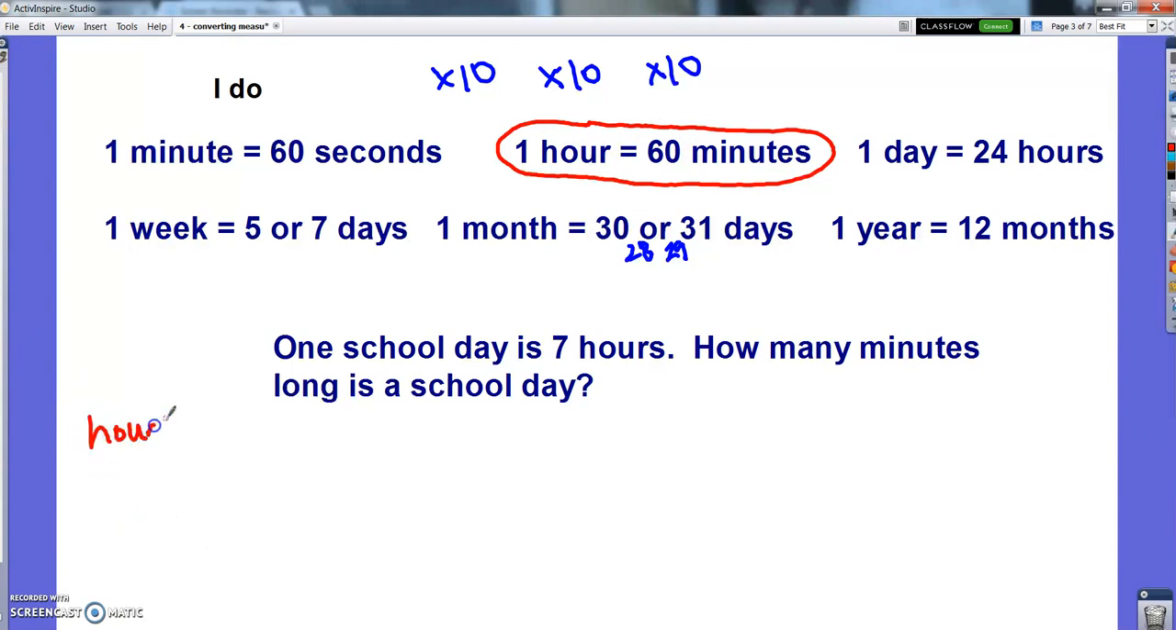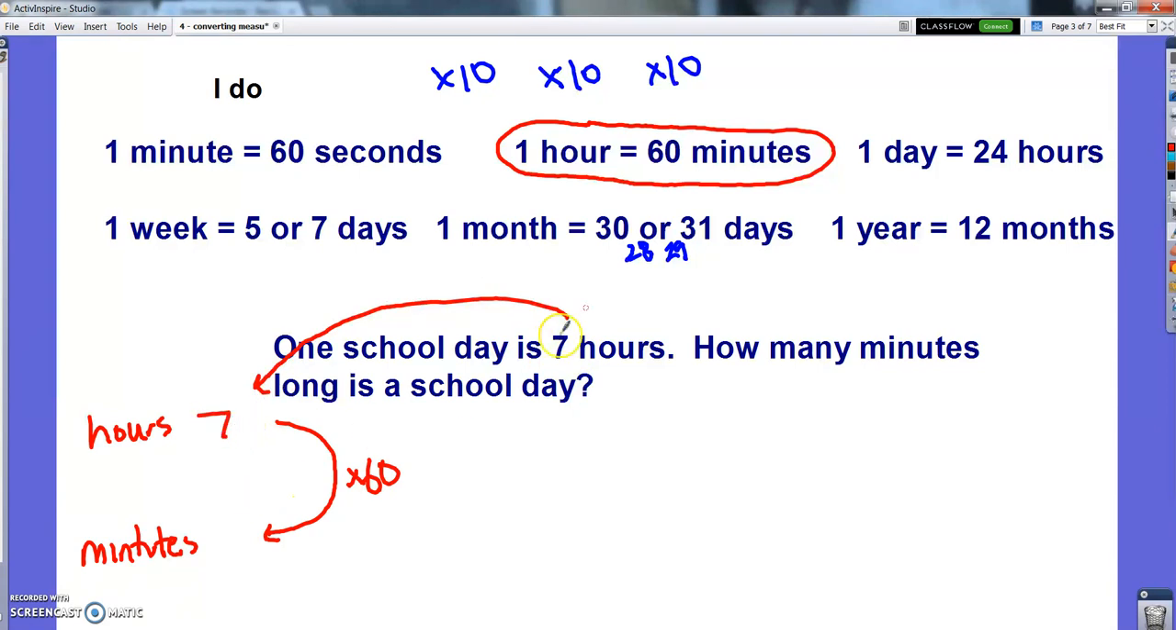hours convert to minutes. Not times 10, I wish it were, but 60 minutes make an hour, so it's going to be times 60. It's a little tougher. So I'm starting with 7 hours. And if 1 hour is 60 minutes, 1 times 60 is 60. 7 hours times 60 minutes is,